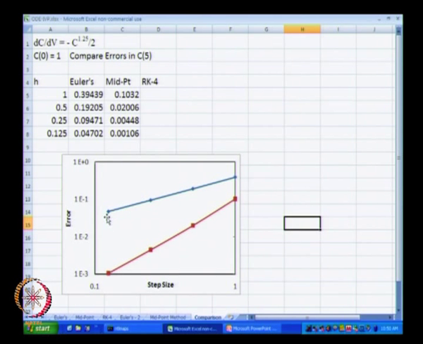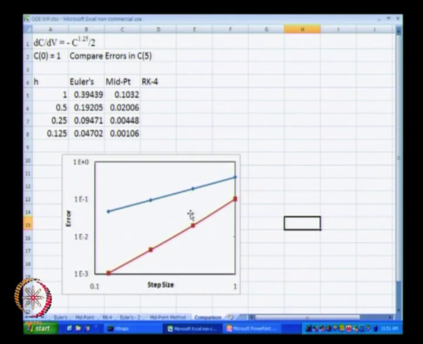Okay. So what we see is that the errors in Euler's method are greater than the errors in midpoint method. The slope of Euler's method is lower than the slope of the midpoint method. The slope of Euler's method is actually equal to 1.